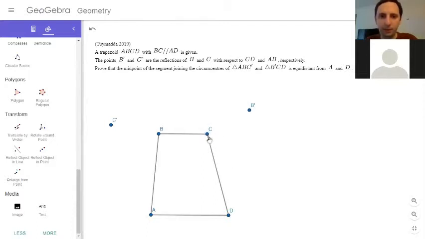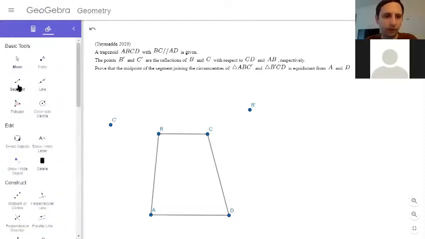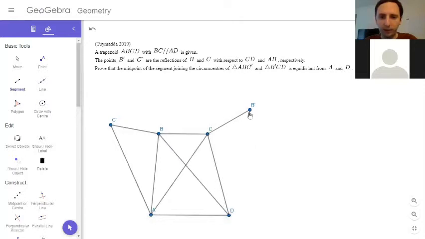Okay. Prove the midpoint of the segment joining the circumcenters of those two triangles is equidistant from A and B. So first, I'm going to draw in a few things. Basically, triangle ABC prime is congruent to ABC, and BCD is congruent to